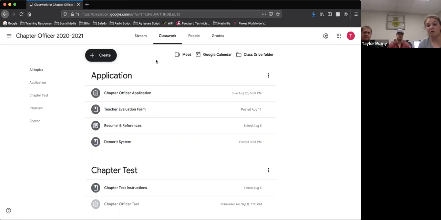It will be hands off for the ag teachers. So just like we can only read the rules, we have no idea how you're doing throughout the process because we have outsourced everything to people throughout the state to help us make this decision. All of you are very good applicants, and we are excited to see how this pans out. But there will only be 7 on the team, and the remaining, we talked about this at the state convention, you guys will serve as committee chairs. So you will be just as important as those 7 officers.